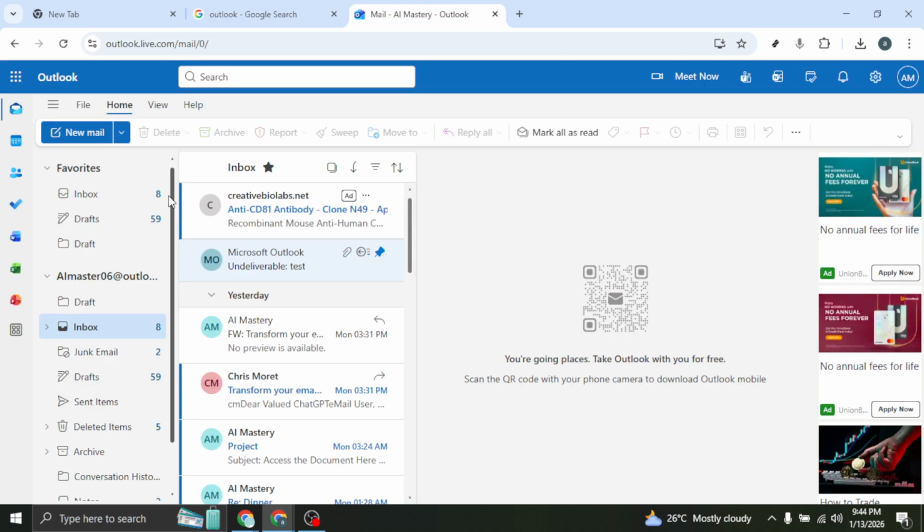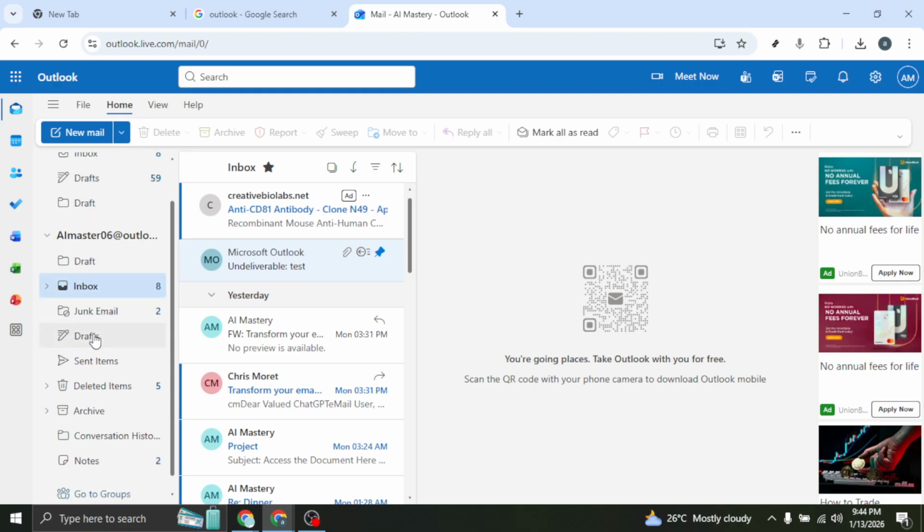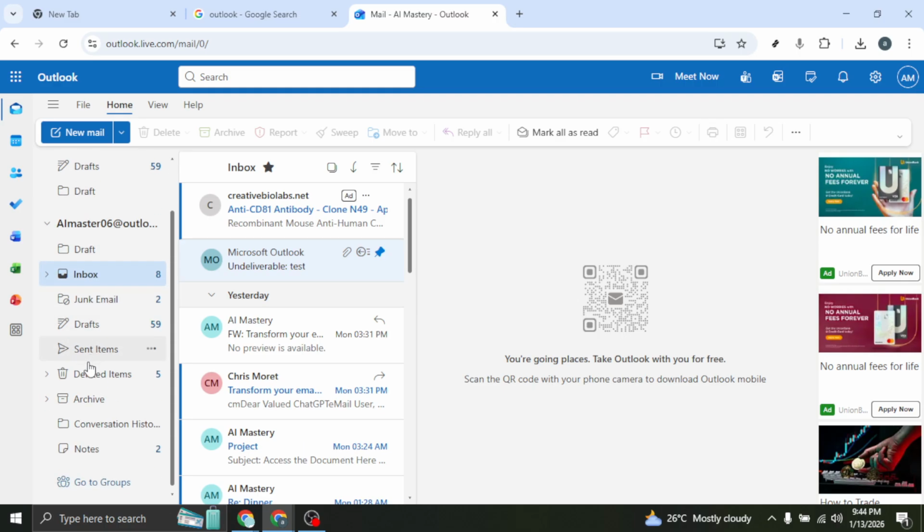Once the Outlook page loads and you're in your mailbox view, take a look at the left-hand side of the screen. This is your folder pane, where you'll see familiar items like Inbox, Drafts, Sent items, and any custom folders you've created. To reveal subfolders under any main folder, move your cursor to that folder's name and look for a small arrow or chevron right next to it. It might appear to the left of the folder name or show up when you hover your mouse over the